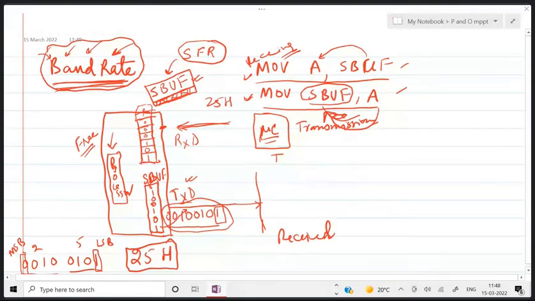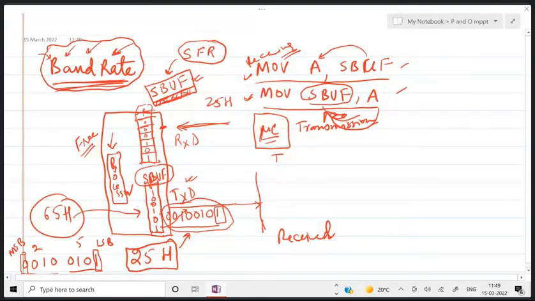Is it fine? Now, what are the various things that happen while the data is being transferred and the data is being received? Say for example, you are interested in transmitting this data 25H, and you have written it into SBUF. Now SBUF is transmitting this data. Now you want to transmit another data, say 65H. What you will do? You will write 65H into SBUF again